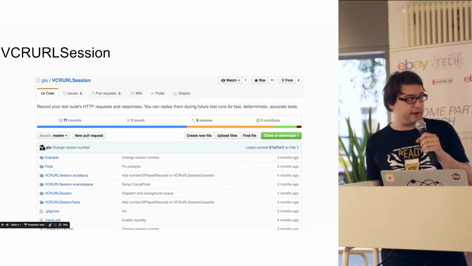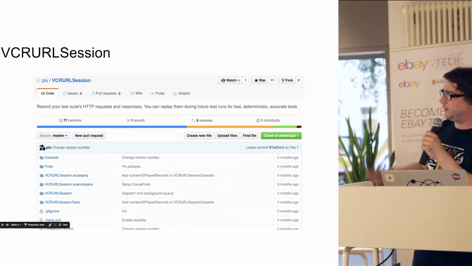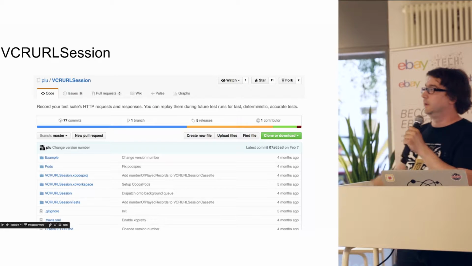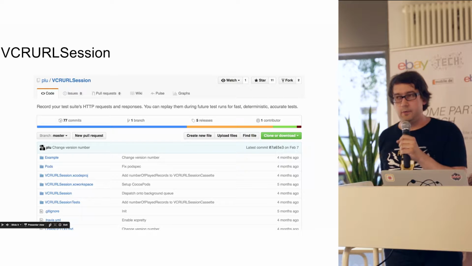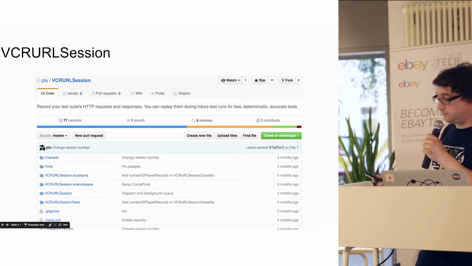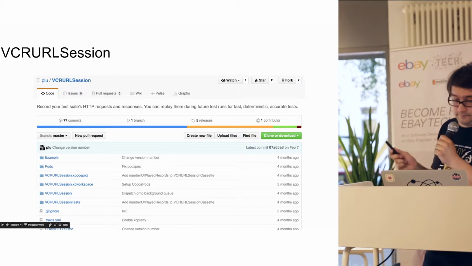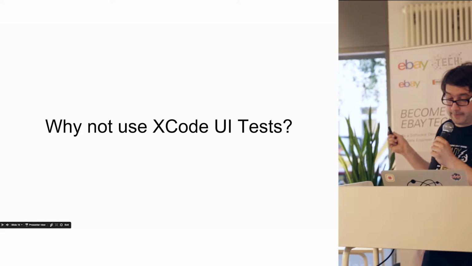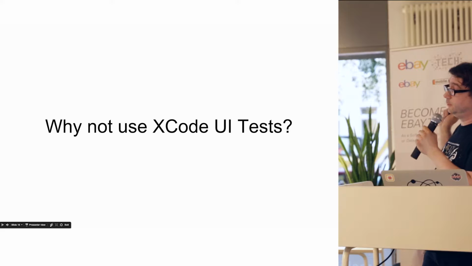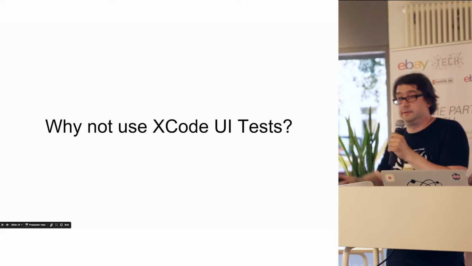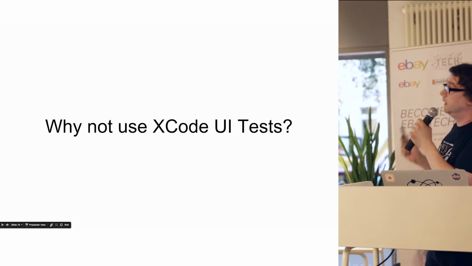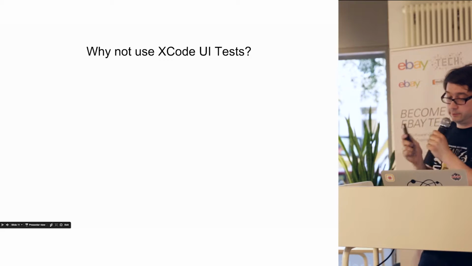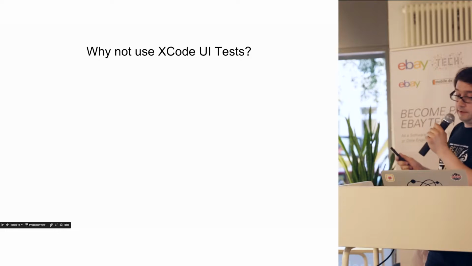This speeds up the test quite a bit, but the real benefit of it is the tests are way more reliable. So you might wonder, why not use Xcode UI tests, because it's built into Xcode. I did a slide on that because I think it's worth noting that